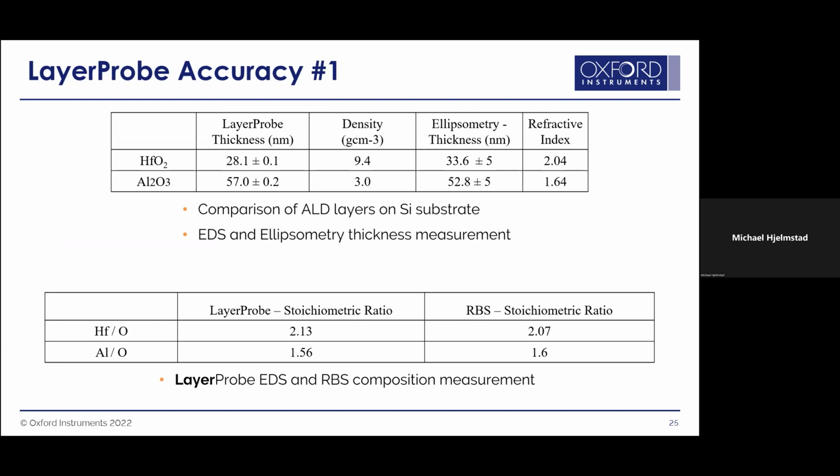And just as a couple of the last slides here before we move over to the system, what does the accuracy look like? This was something where two films were put down via ALD. You had hafnium oxide and aluminum oxide, and the actual thickness when you look at it, I don't think I have the actual final number here, but what was interesting was, you see the Layer Probe measuring about 28. The ellipsometry says it's about 33. The aluminum oxide 57 versus 52. So a little bit of error associated with it, but we're really getting numbers that are pretty much equivalent